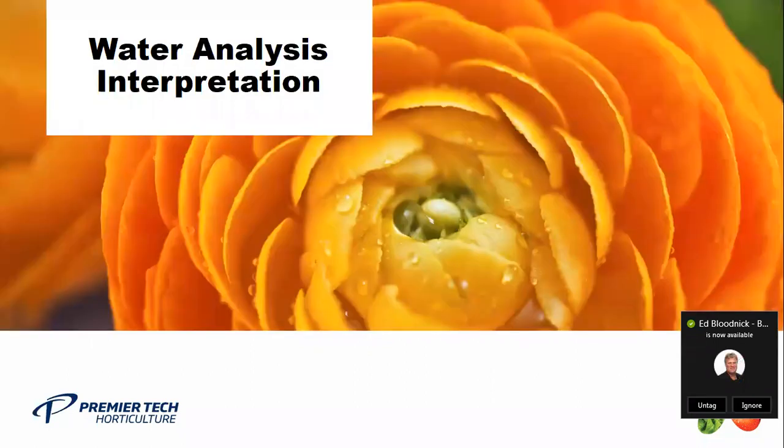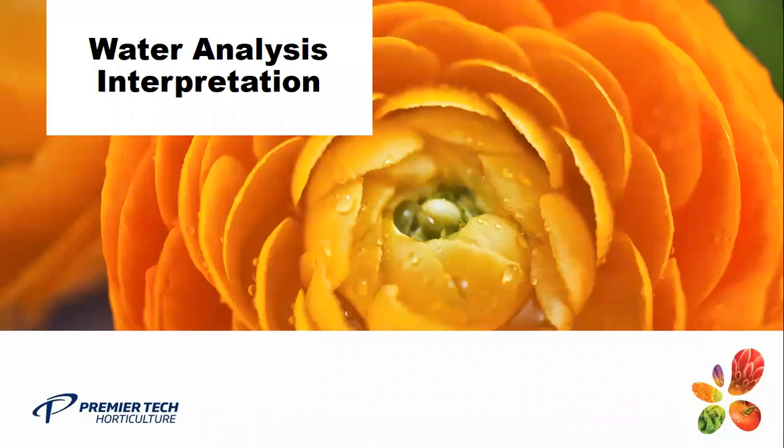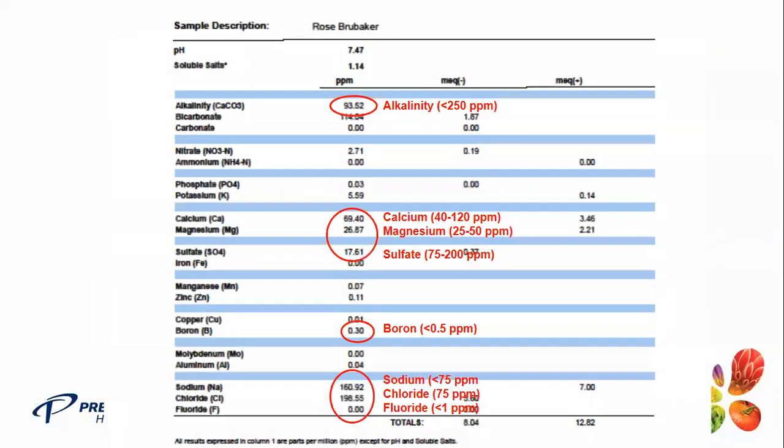So we're going to start off by talking about the water analysis. Here we go. This is a typical water analysis, and what we're basically going to do is break down the 4 things I really look at when we start talking about water analysis. First is the alkalinity, then we go down to the calcium, magnesium levels and ratios, the undesirable things like that can be a problem, like the boron, and then the sodium chloride and fluoride, which I call the bad guys